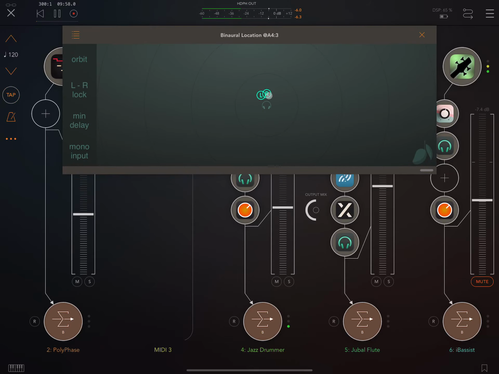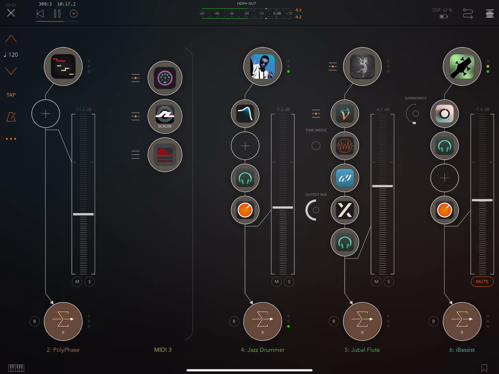Blue Mangoo binaural location. You can play around with your locations. The drums generally better to not really pan them much, but here I'm just setting them slightly in the front of the sound stage. Over here we have